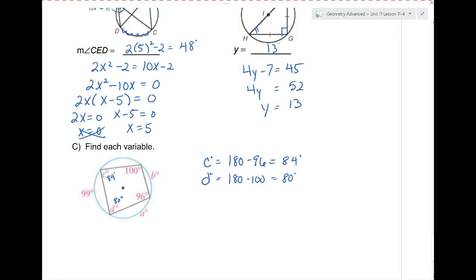Now, here's my question. How in the world am I going to solve for A? Hold on for just a second. How would you solve for A? Can I use the fact that this angle intercepts this whole thing? Guys, what's the measure of this arc from here to here? Right? So can't I solve for A by going 200 minus 99, which is 101? Make sense? Awesome. All right, D, don't worry about it. This was only if we had time, and we did. All right, guys, what should you